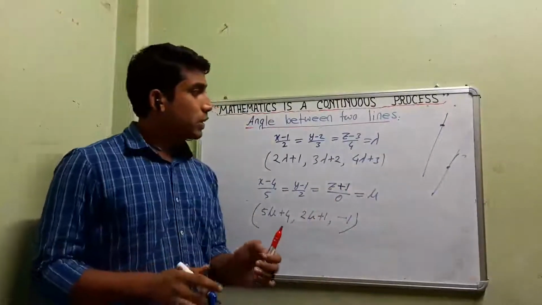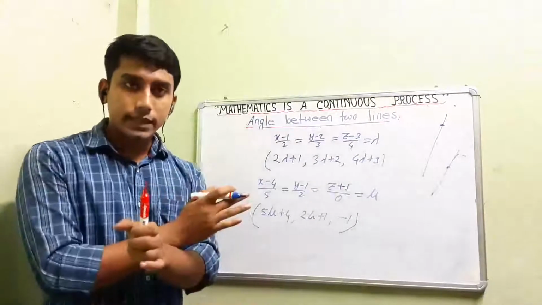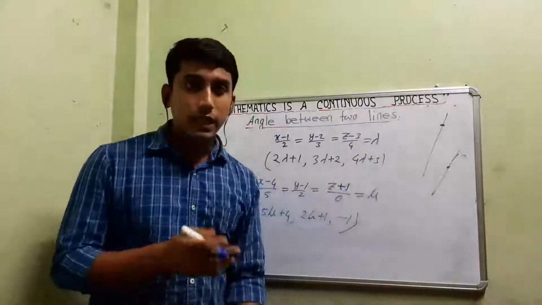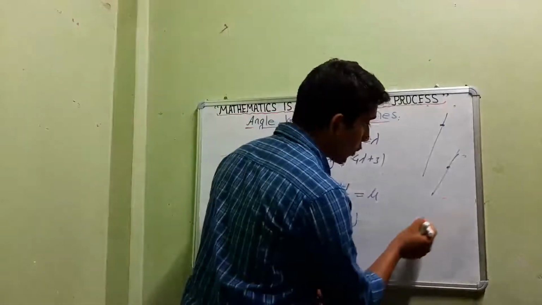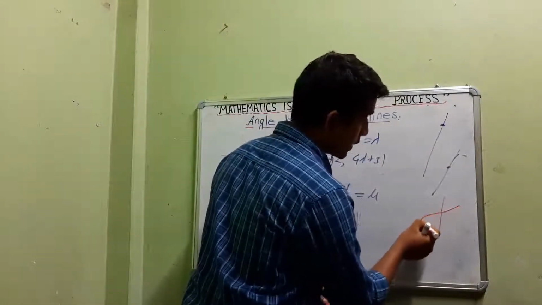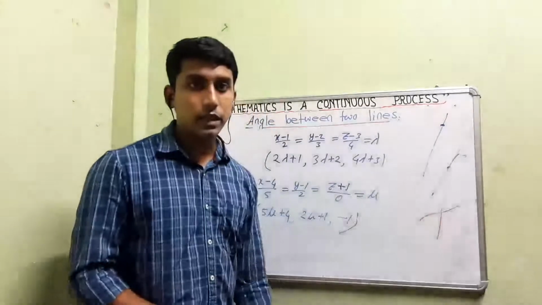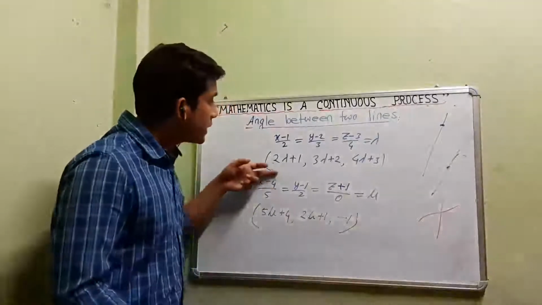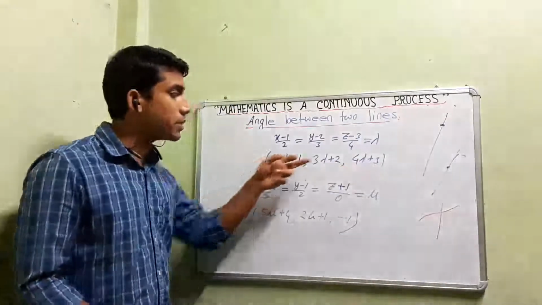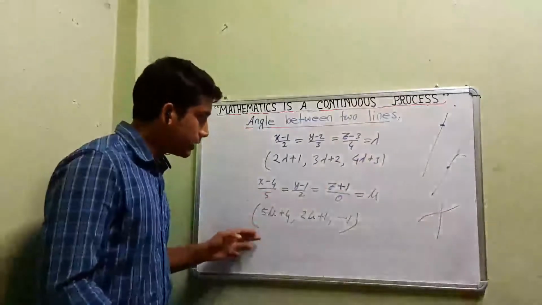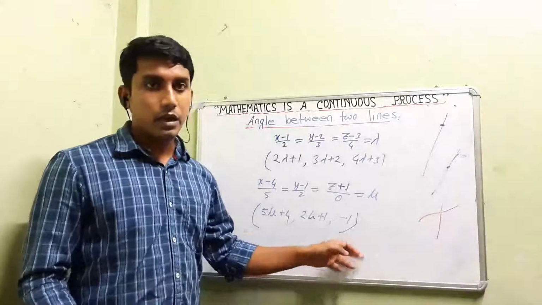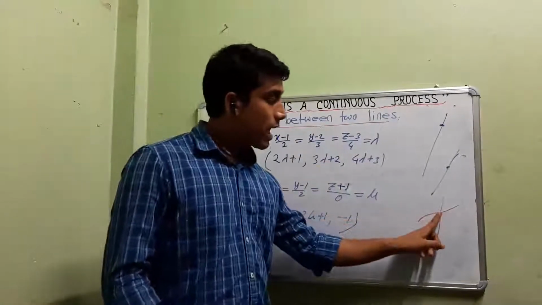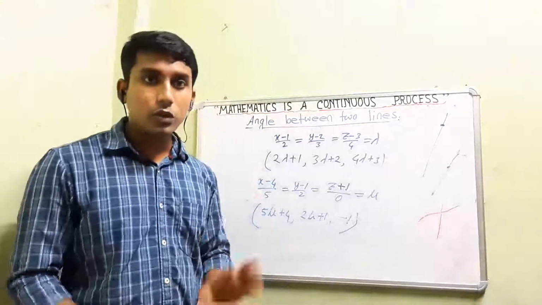Now listen to me, if two straight lines are intersecting, they will have a common point of intersection. See here carefully. If two straight lines are intersecting, they must have a common point of intersection. Now I have taken this one an arbitrary point on the first line, and this is an arbitrary point on the second line. As we are supposed to show they are intersecting, that means they will have a common point of intersection, but we are supposed to show this.